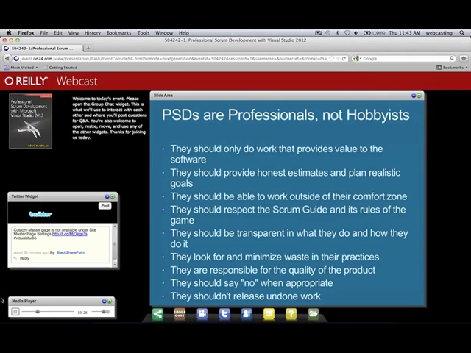The Scrum Guide didn't just write itself. It isn't accidental. It came to be, and it's been honed over several years, 15 years or more of people doing Scrum, and the rules work. You have to follow them, though, and you should give it time to do that before you start wanting to change it or customize it in any way. Transparency is big. If you're stuck, tell your teammates you're stuck. If you tried something and it was a miserable failure, tell your teammates it was a miserable failure. Learn from it. Other people don't learn from it unless you bring it up.